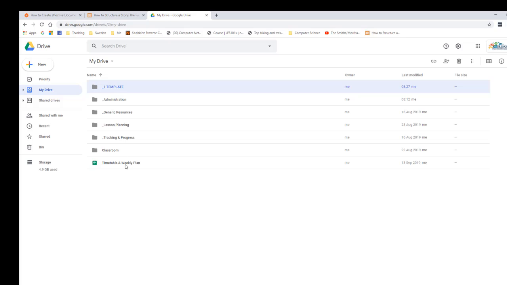Now, when I create it, because I put the underscore and the 1 at the beginning, it's placed it right at the top, being an important folder with lots of useful things in it that are going to make my life much easier. I need to place it right at the top. I've also added emphasis by making it all uppercase. Right, so I'm going to now go into that folder by double clicking it,